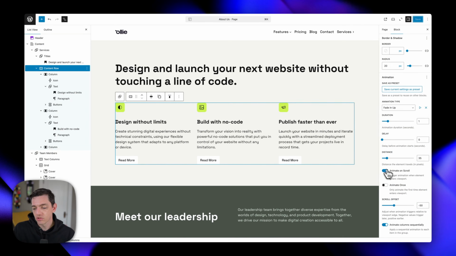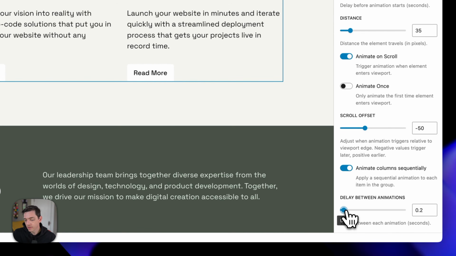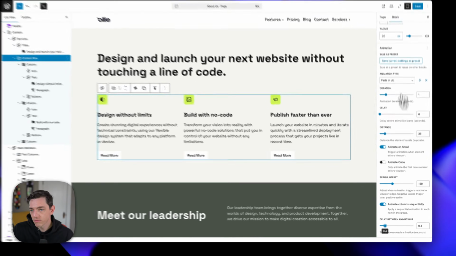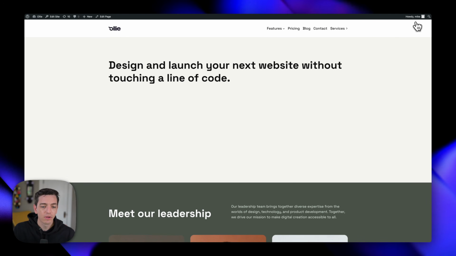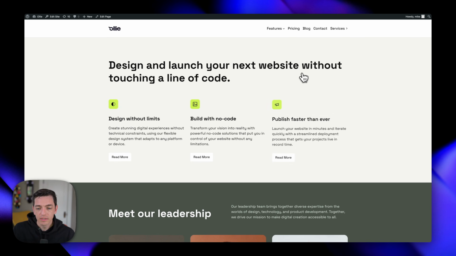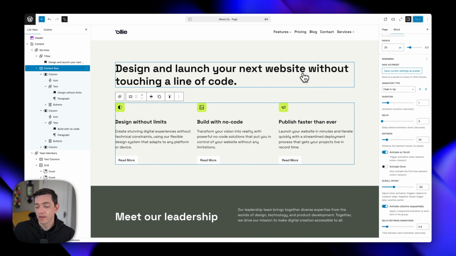We can even change the offset here, and make this a little bit longer, a little bit faster. If I come over here, you can see it's got a nice slow fade in. I personally like it a little faster, so I'll probably dial that back down to 0.2. So yeah, that's a really cool feature. It adds a nice elegance and a professional feel to your site. So that's that. But we can even take this a step further because you're going to want to